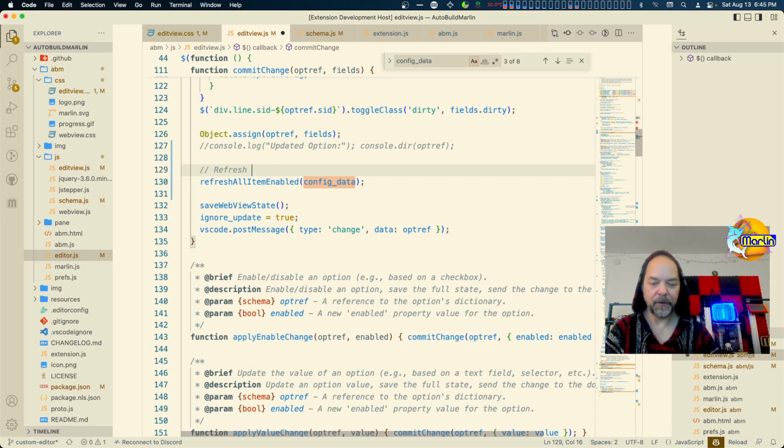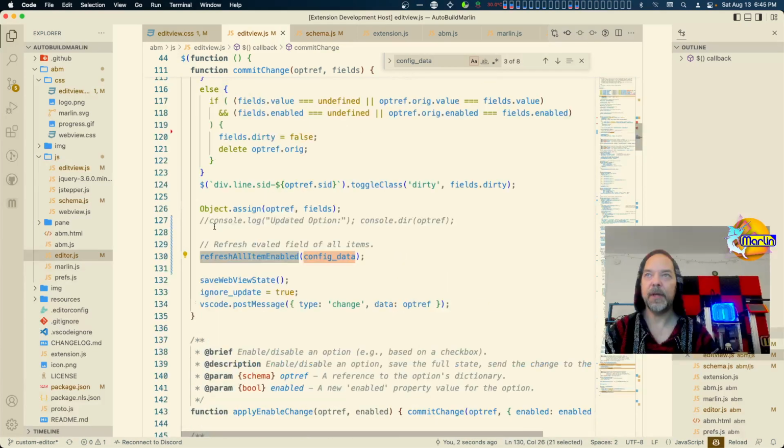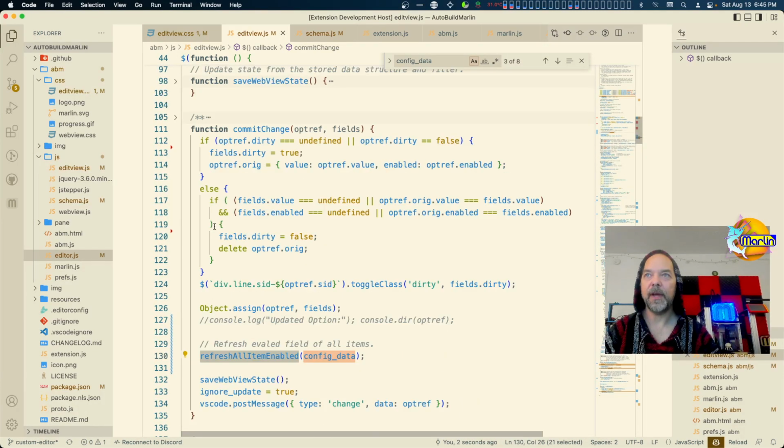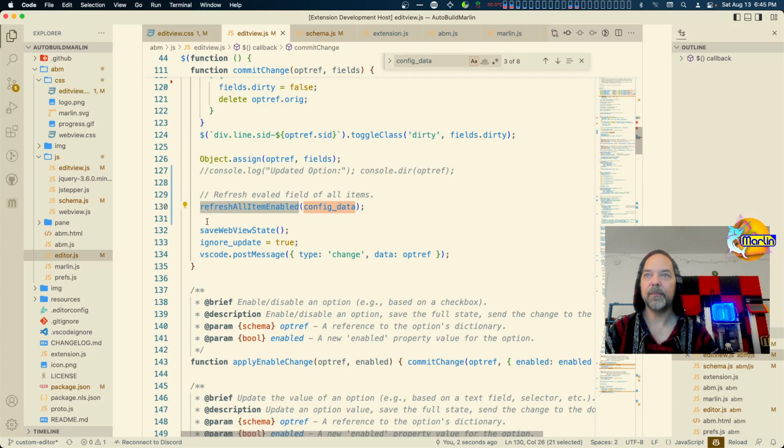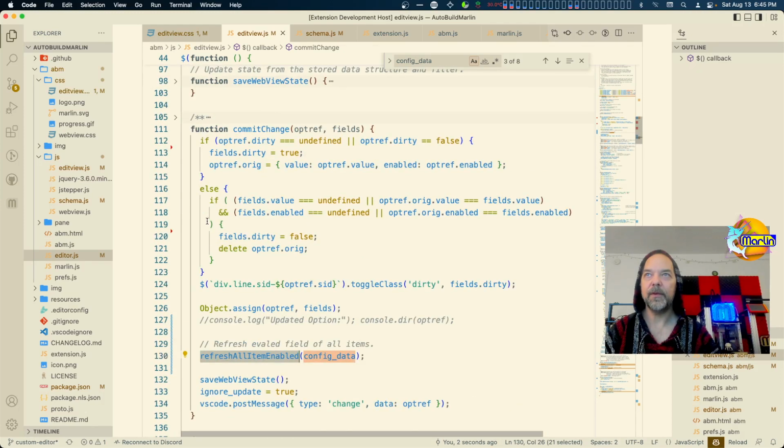I guess we'll just say the evaled field of all items, and it goes through pretty quick. I don't think it's too slow. Then it saves the web view state, but then this is where it has to actually update the view and show